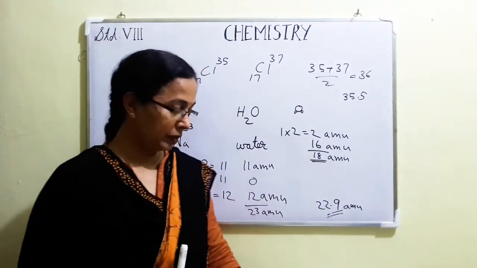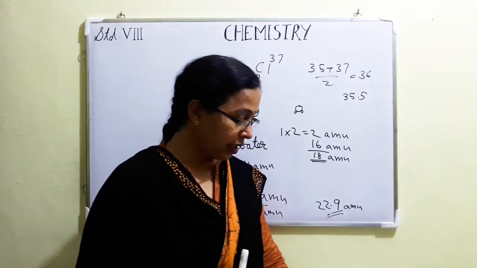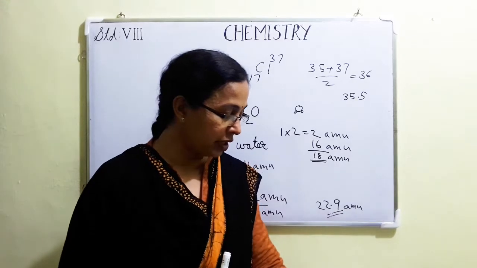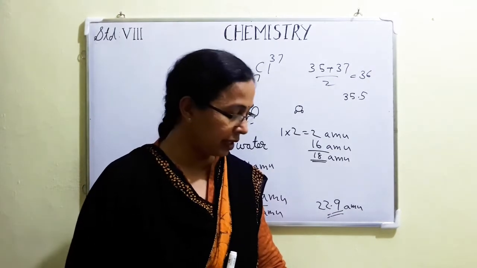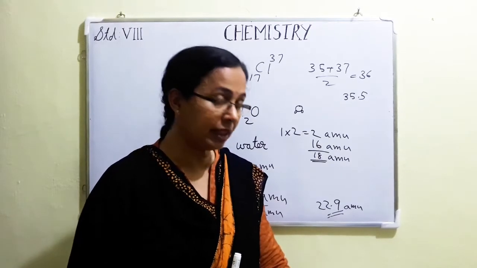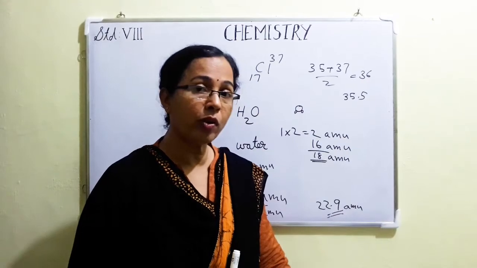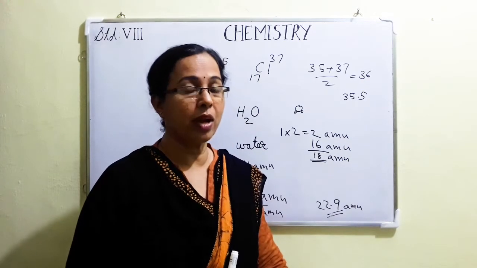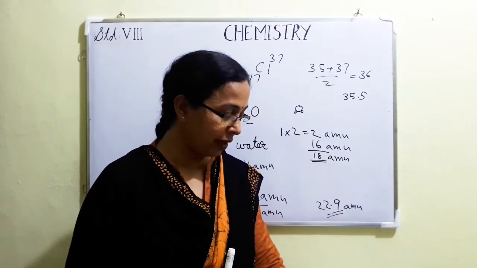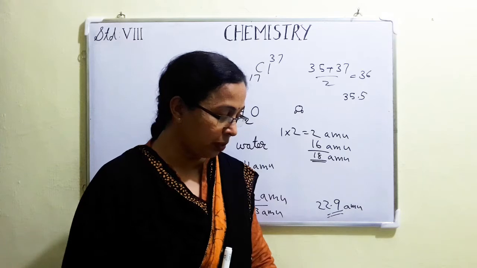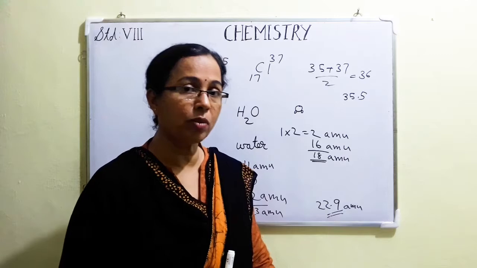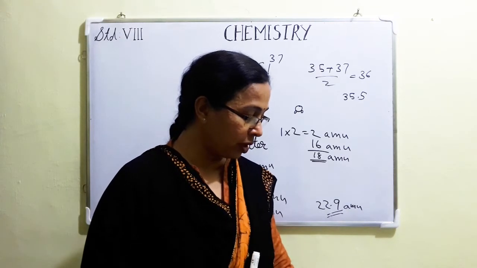For all other elements, we can study the mass number itself as the atomic mass. Okay. So in your textbook, you can see page number 61, table 5.8. Hydrogen and helium's atomic mass is given as a whole number itself, but lithium 6.9, just write with your pencil near that 7, because 6.9, when you round it off to the nearest value, will be 7. Then boron 10.8, you can round it off to 11. Then comes neon 20.18, you can round it off to 20. 20.18 means almost equal to 20. So like that you can round them off.